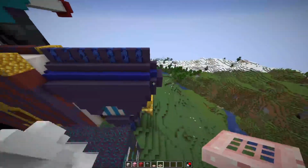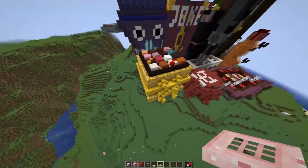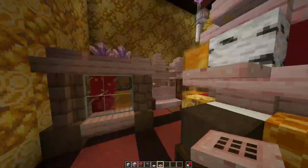I think that will be all for today. Oh god, that's the box of chocolates from the outside. Nice and chocolatey and then candy. We've got plenty of chocolates on the inside as well. Nice little